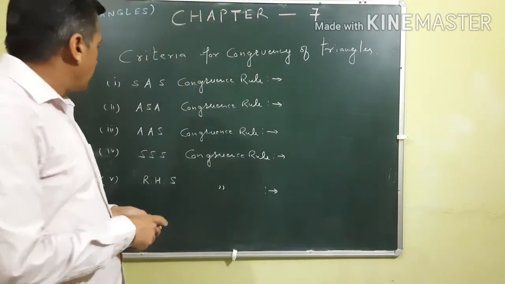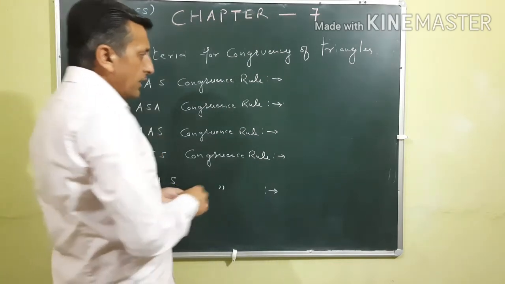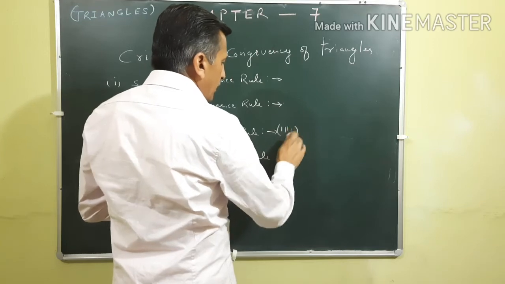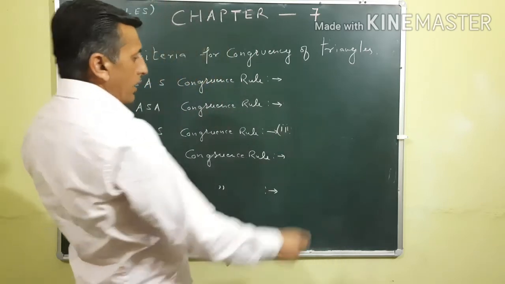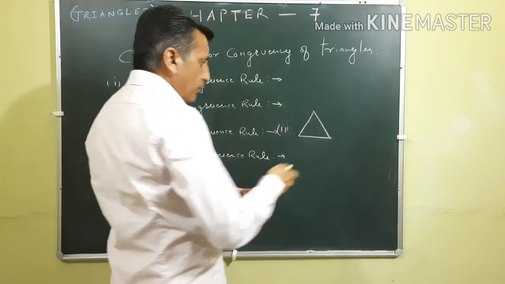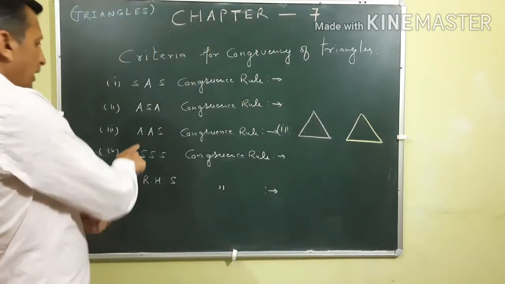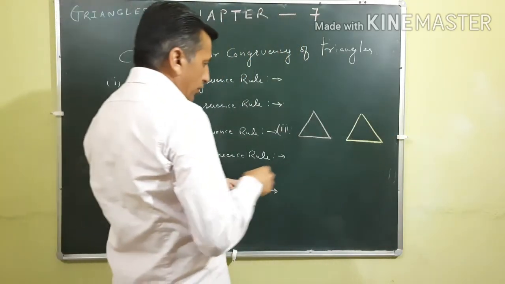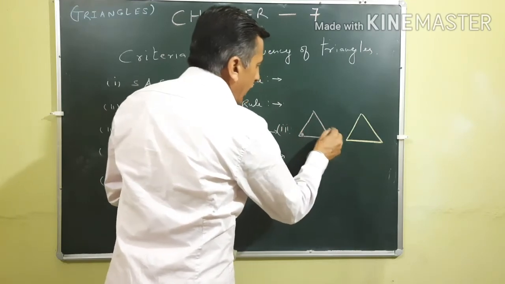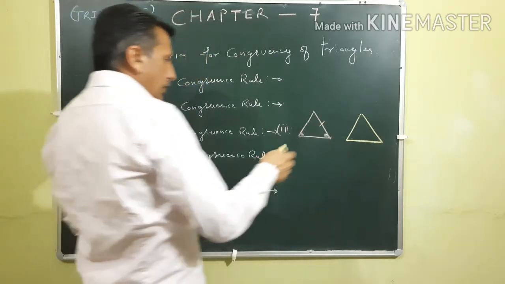Similarly, the third is angle angle side, this is the third part. In the third part he said, this is your first triangle and I am going to draw your second triangle. Angle angle side means this is your angle, this is another angle, and this will be your side. So angle angle side of one triangle is equal to